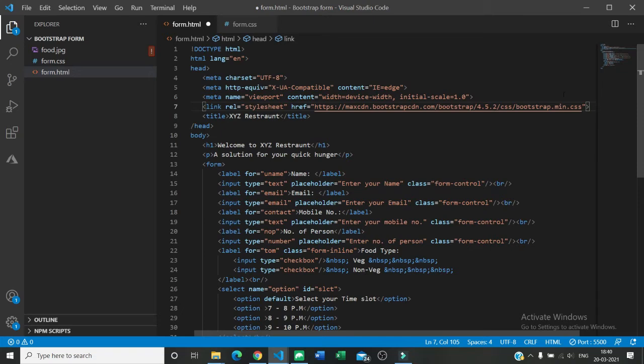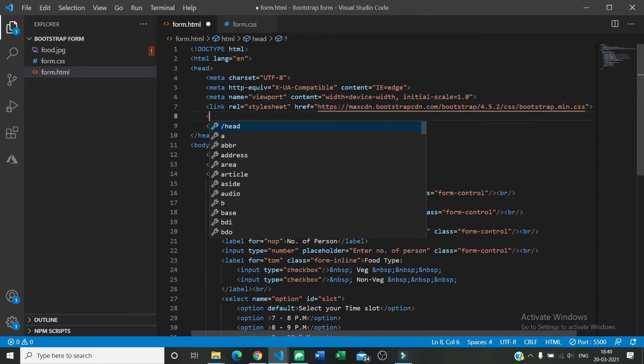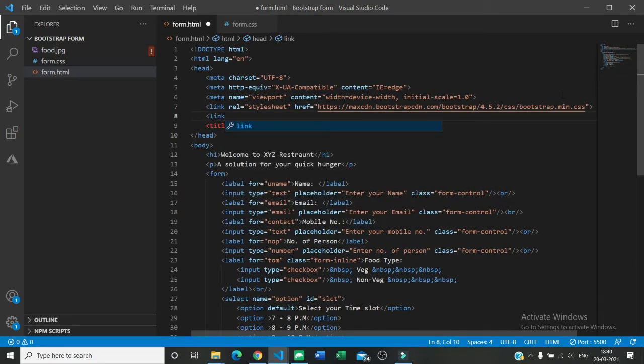You again need another link to import your CSS, because here we are using another external CSS, that is form.css. So give it a stylesheet, and href will be ./form.css. Now save it.